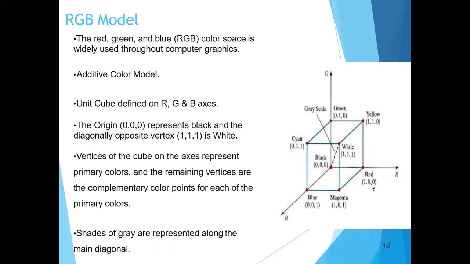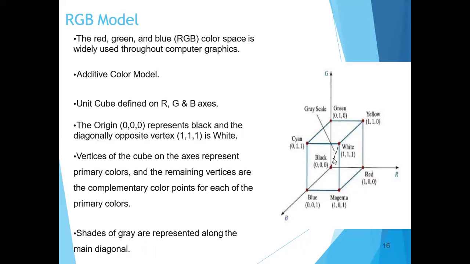These are called tuple values. For red, I write 1 0 0, meaning it is only red. For green, I write 0 1 0 because it is RGB. For blue, I write 0 0 1. What about yellow? Yellow is obtained by mixing red and green, so it is 1, 1, 0. We are not mixing blue. Cyan is obtained by mixing green and blue, therefore it is 0 1 1. Now what is magenta? Magenta is the result of mixing red and blue, so 1 0 1. This type of representation is called the tuple representation for a color.